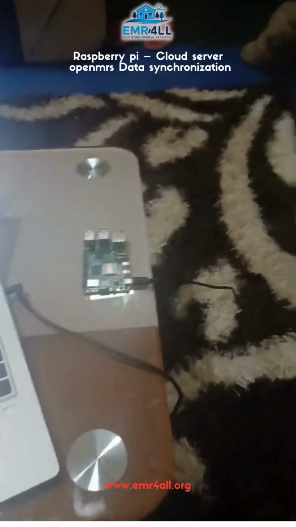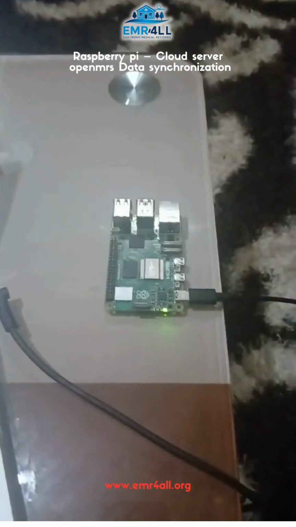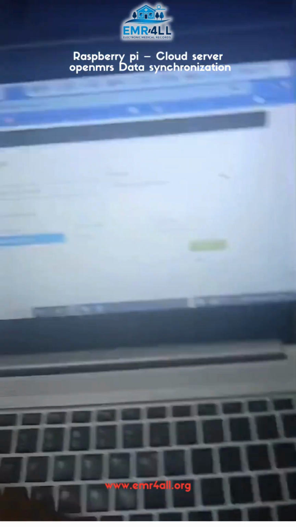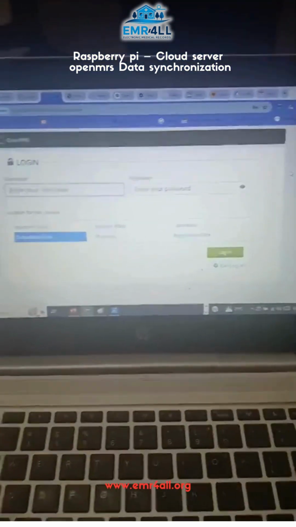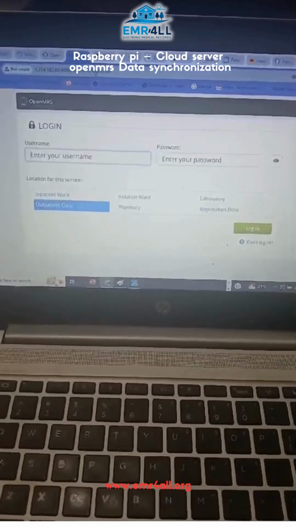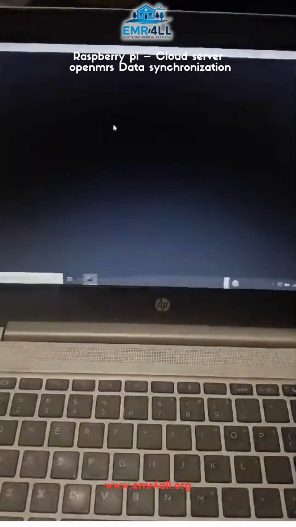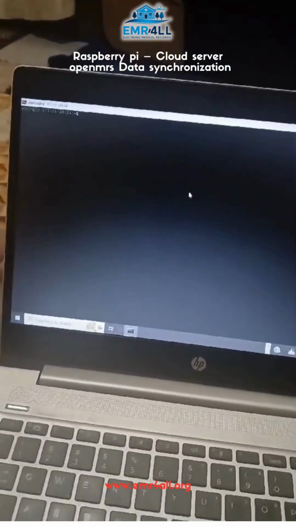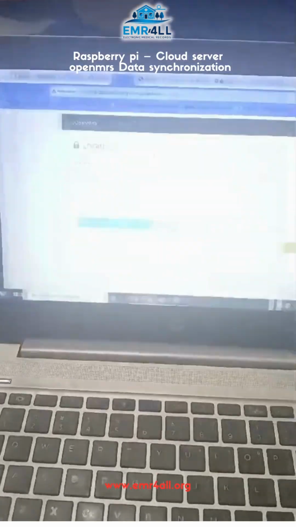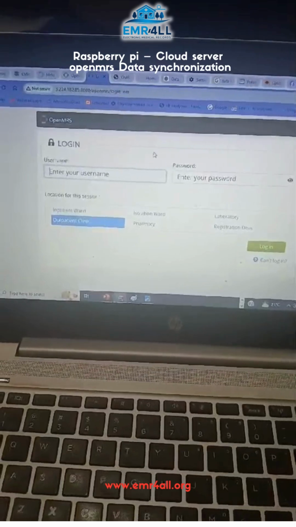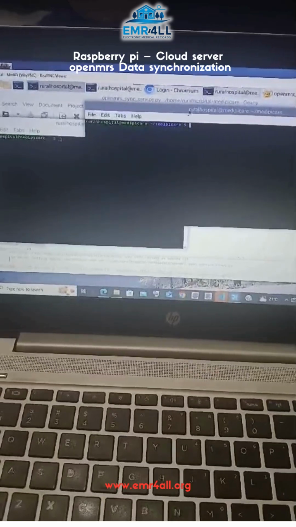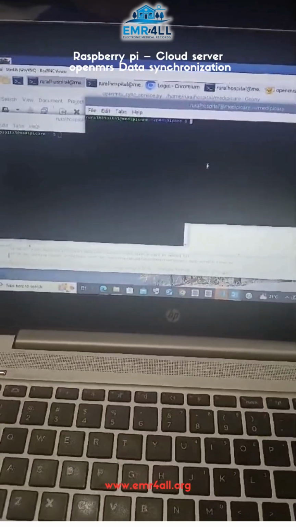So I have this setup with the Raspberry Pi that you can see running here, and also I have this cloud server running on my computer, so I can access the cloud server from the browser. And this is the terminal that I use to access the cloud server command. And then I also have another screen here that I use to access the Raspberry Pi from a RealVNC